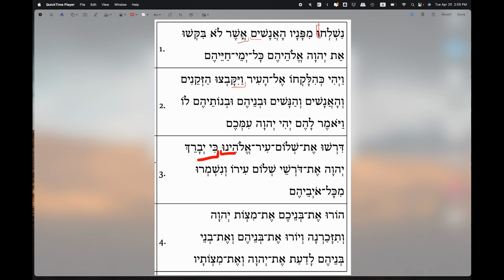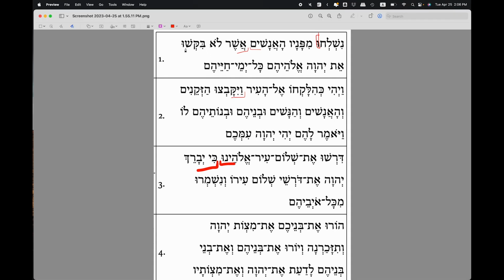And then asher. With asher, we have to figure out what this is modifying. Probably the men. So the men who, whatever comes after here, were sent from his presence. The men who, and then we've got lo plus a verb. So bikkshu is going to be from baqash. This is a Piel perfect form. You can see the hiriq in R1, dagesh in R2. There is no prefix on this form, so we've got our three-letter root with the shureq suffix, which is 3CP. The men who did not seek, when we incorporate lo in here, did not search for,